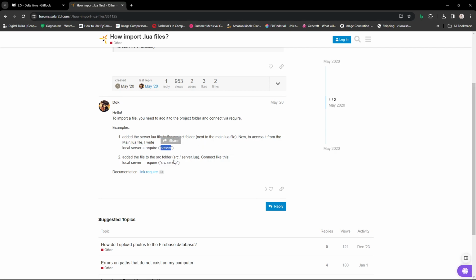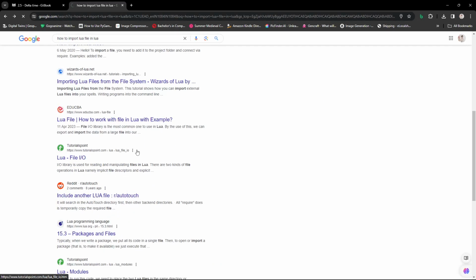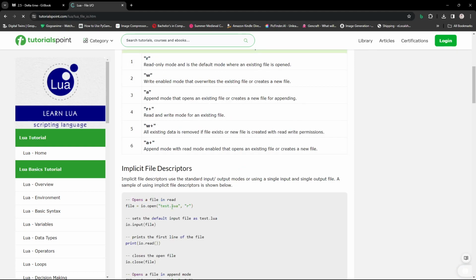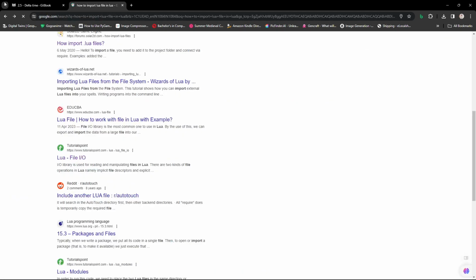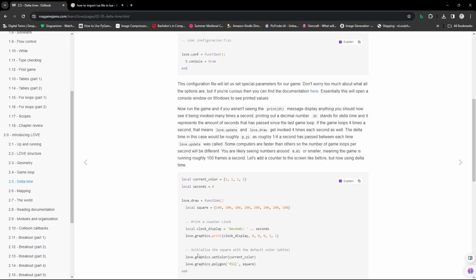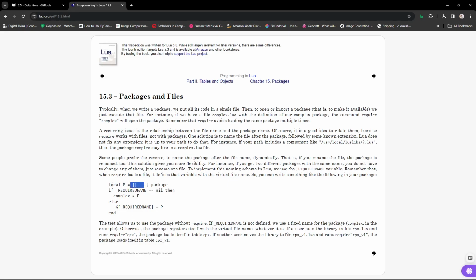Open a file, whatever the file is, read the file. I just want to import that file in here, and to do that it requires package and file equal p, then if requirement equals nil, complex equals p, else